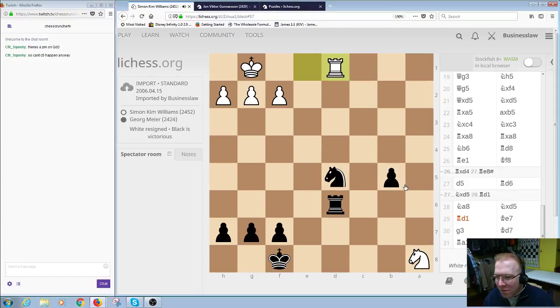So it just was a move sequence idea. Then king comes up, g3, king goes, and now the knight is trapped. So there's no knight escape at this moment. Rook a1, and then c. Yeah, the knight's gone, because what'll eventually happen is